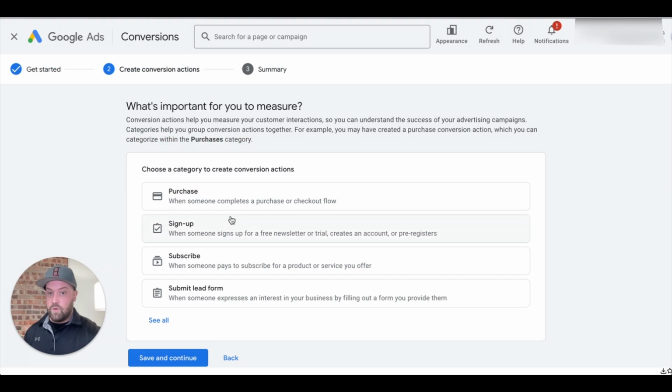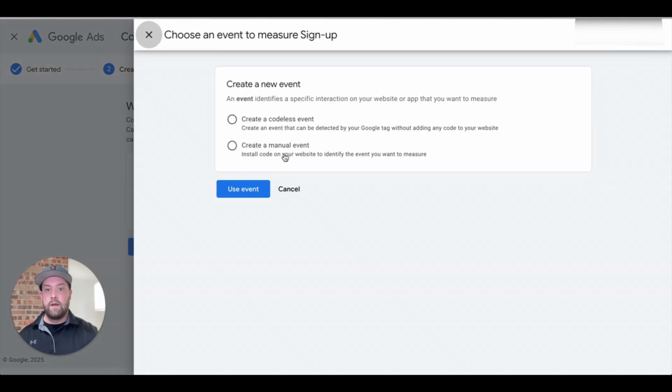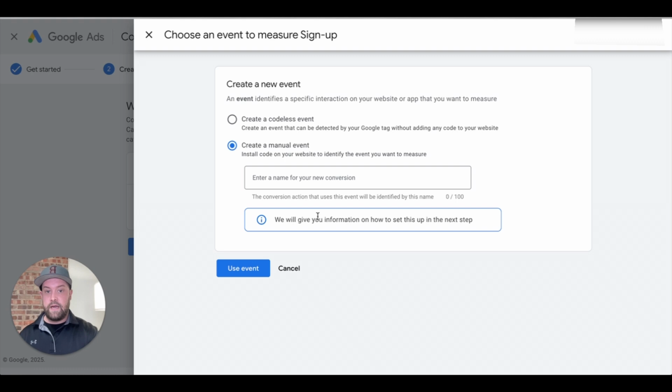Now, these are where you're going to start making the conversion actions, and that's the event code that actually tells Google that somebody converted or signed up to your website. So because we're doing real estate, we're doing lead generation, you're going to go sign up. You're going to click here on add conversion action, and once again, we're going to go to that website. Now we're going to create a manual entry so that we can basically install that code into the box that says conversion event within our IDX website that we're using. So we're going to call this sign up,